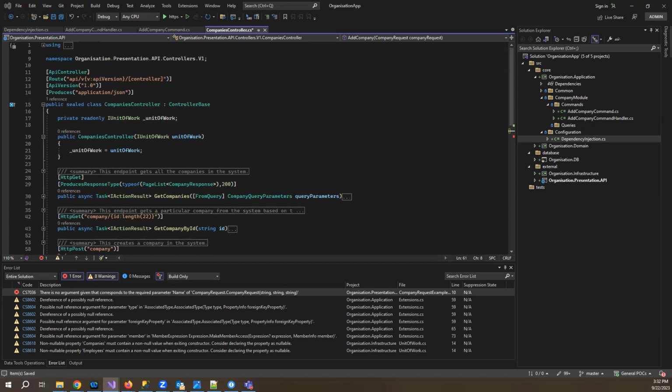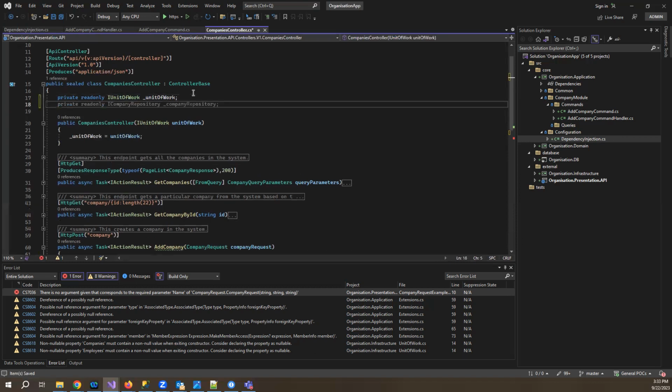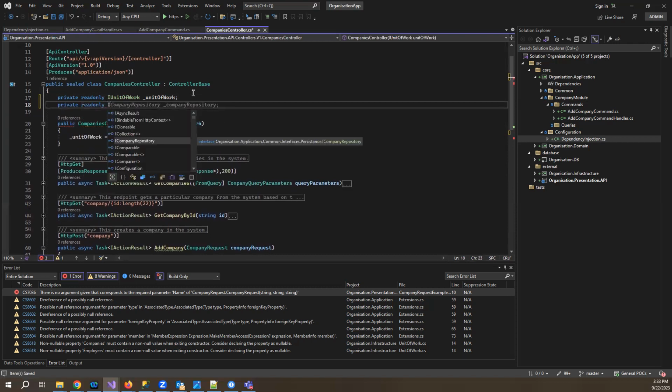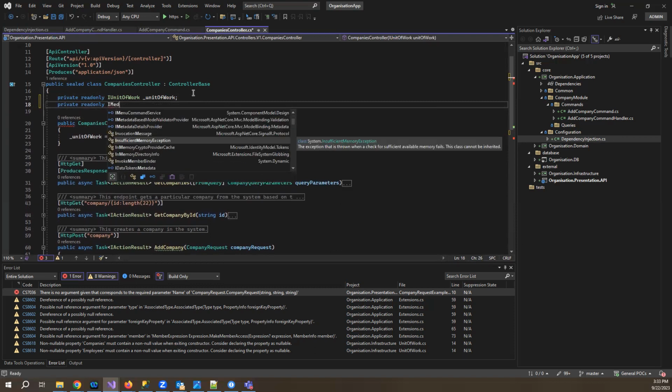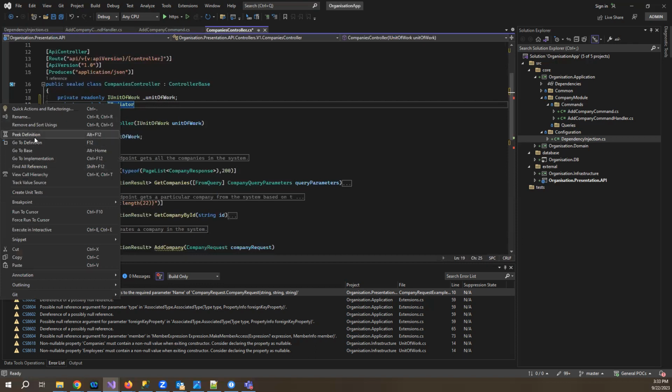So if we go to the company's controller, we can include a private readonly IMediator mediator. Yeah, so now if I check mediator and go to the definition,